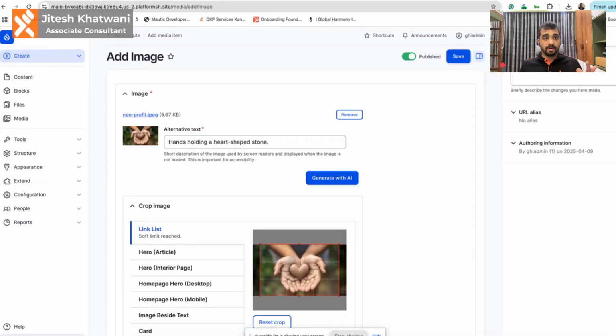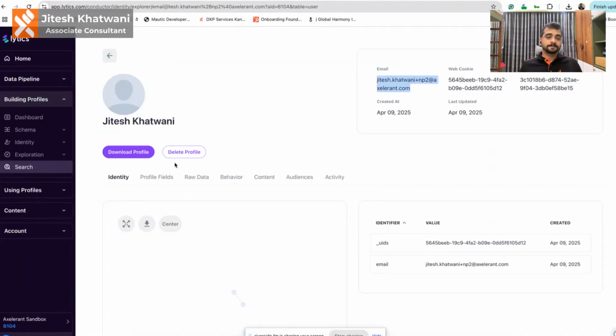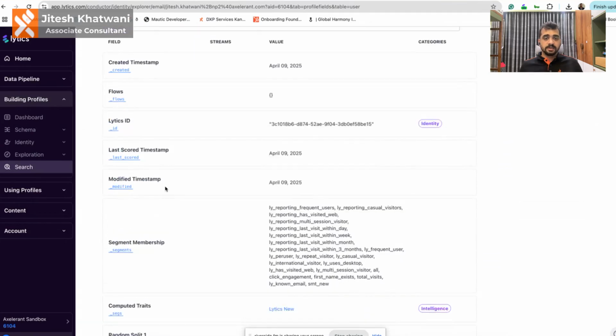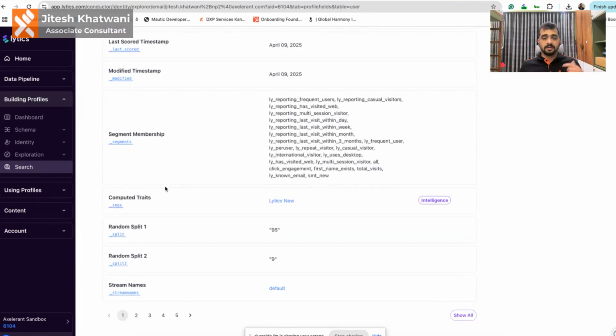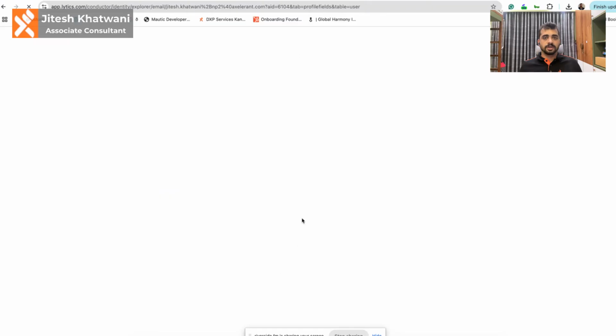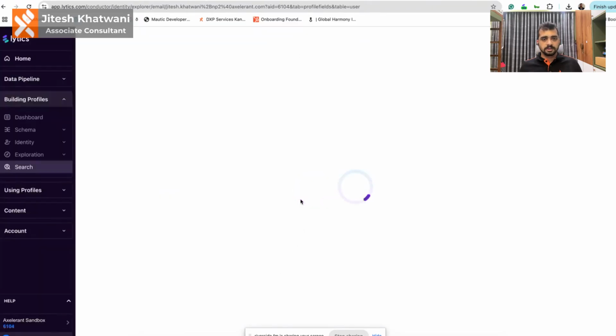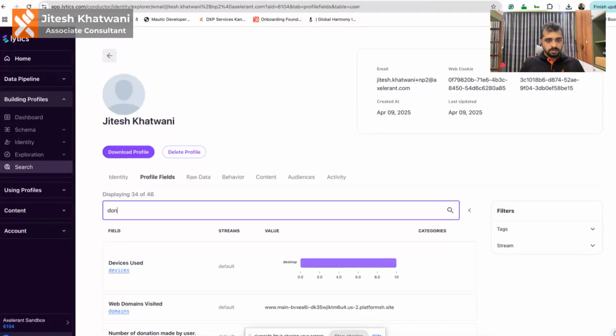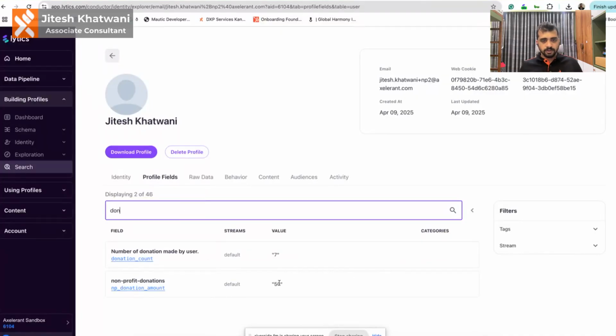We can see this amount also. We are also capturing this amount at Lytics, to understand what the donation was last time. So let us see the donor. I think we need to refresh this. Let me first copy this. See, it was showing earlier that the donation was only 20. Now let us again search. Okay, we don't want the search. So donate. Now you will be able to see